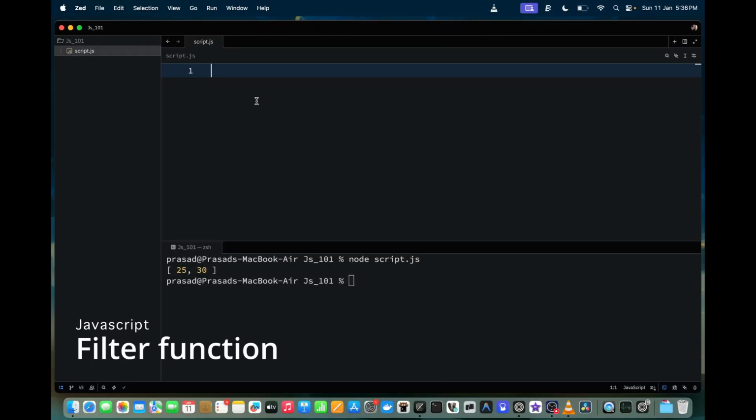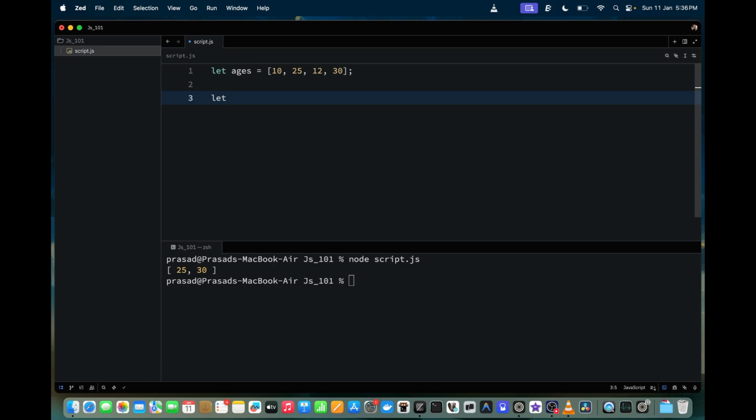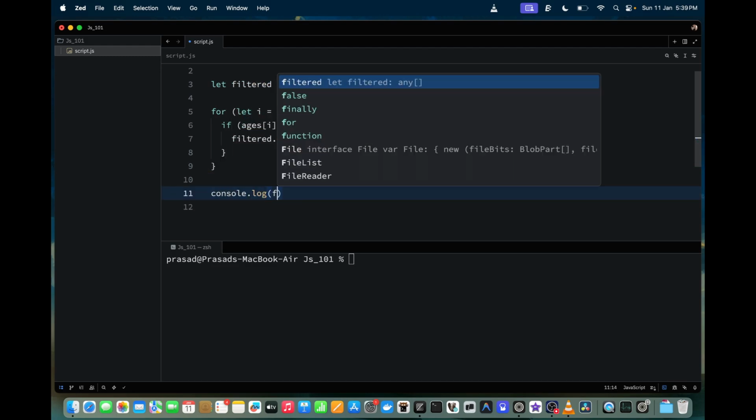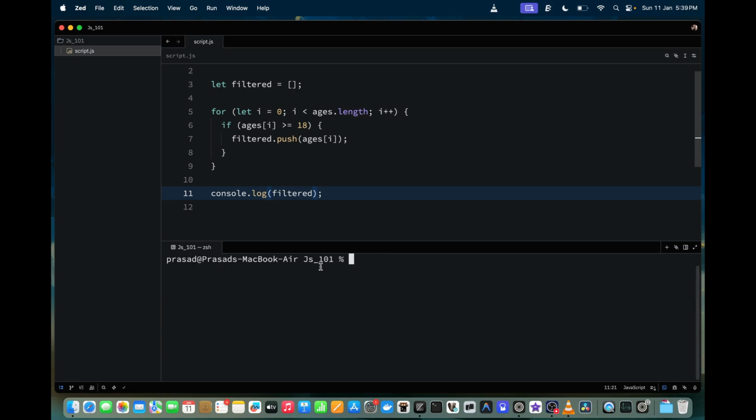If you have an array age and you want to select only adults, so instead of adding a new variable that starts from 0th index and goes till the last index, and then using the if statement to compare if the age at the current iteration is greater than 18, and then manually pushing it to the filtered age, and then console logging it to terminal to see the result,